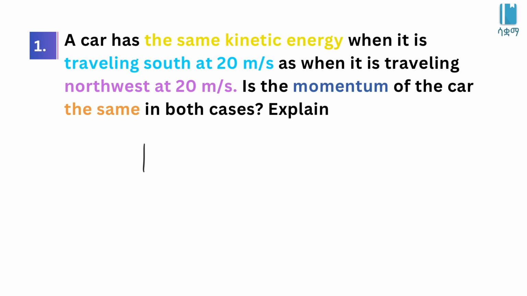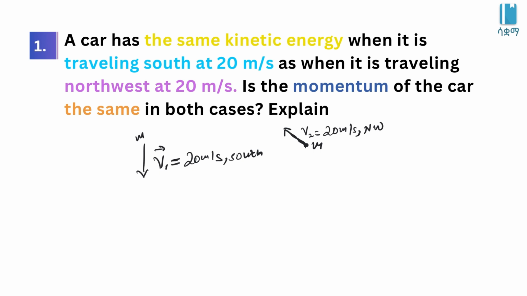So here all you have to do is simply, first, to southward የሚሄድበትን, let's say the velocity, let's say v1, which is southward ማለት ነው, 20 meter per second south. So the second case ወደ 20 meter per second በnorth west direction so በሚጓዝበት ጊዜ, so in both cases ተመሳሳይ ማስ ነው።